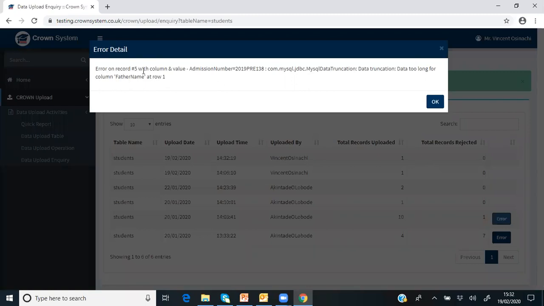the table or the number, the particular column or the row where that error occurred, and what was the cause of that error. What made the system reject that particular entry. So you can come here. Once you look at this place, you know, okay, it's talking about number 5, admission number, whatever, data truncation, or